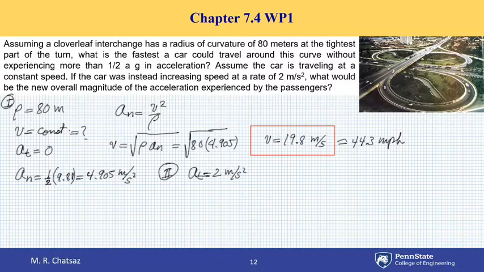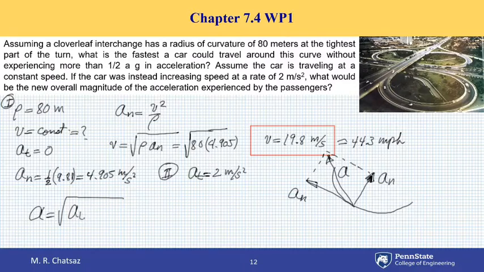So let's say this is the path of motion, then velocity, let's see, we're after total acceleration. Then acceleration has two components, one tangent to the path, the other component towards the center of curvature, which is a_n. Observe that I have two components of a vector. Their sum is what I call a. Recall the magnitude of a vector can be found using the Pythagorean theorem. So basically I want to take a_t squared and add it to a_n squared and take the square root of it,